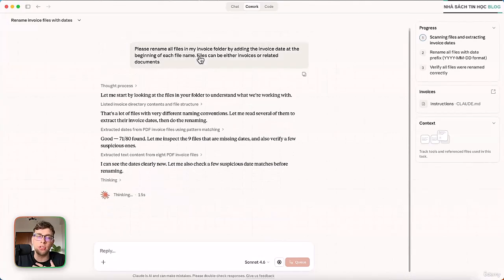So now imagine, how much time would you need to open each specific file out of 80 files, look at the date and rename each of them? I would say 30 minutes or even more, 1 hour or even more. But with Claude, it's going to do it in a few or even several minutes.